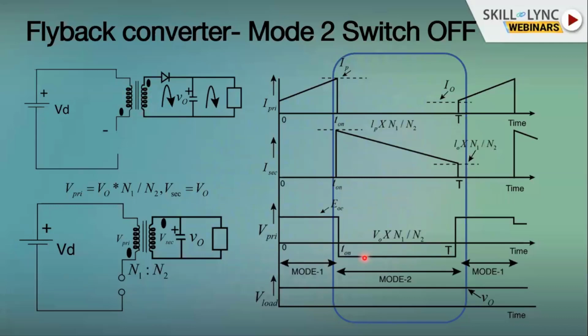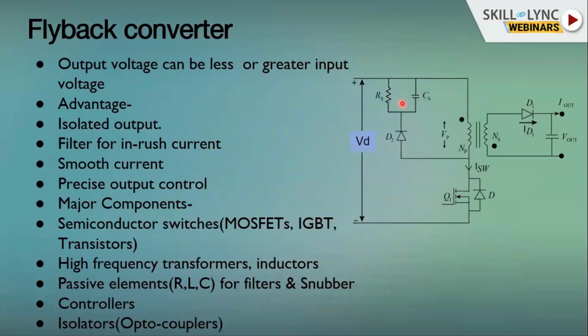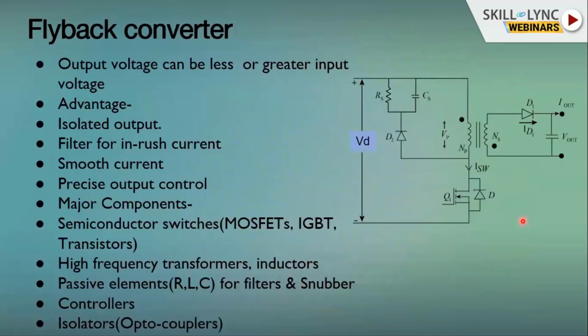To address this voltage, a snubber circuit came into the picture. If you remember, this circuit comes into the picture when there is back EMF voltage appearing here, to suppress it. This circuit is appearing here, right? Similarly, in the next mode, when it is switched on again, it follows the same way. So the flyback converter is very important.